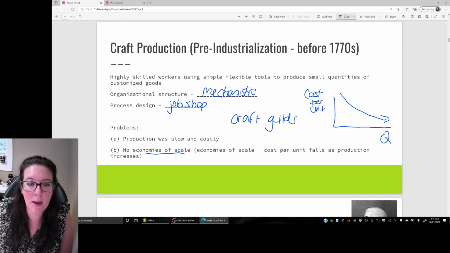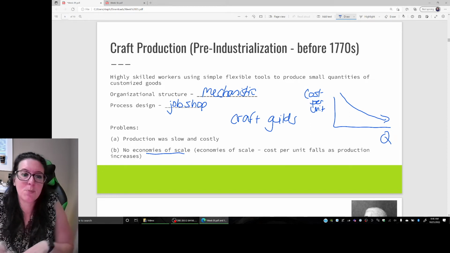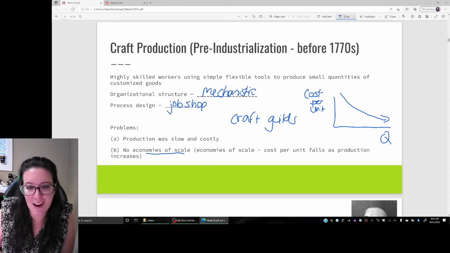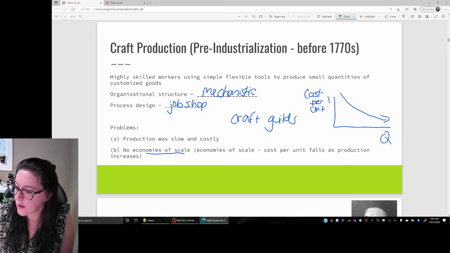So if we think about buying a big machine, it costs a lot of money to buy the equipment, but the more you can produce, the more you can spread out the cost of that machine across all these different units. So larger scale production allows for economies of scale and allows for the cost per unit to